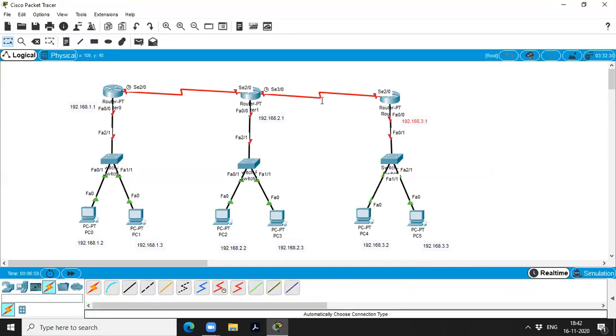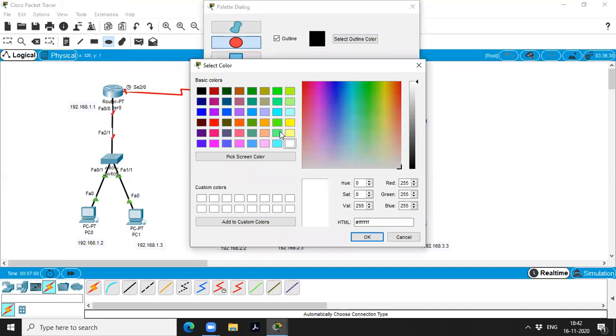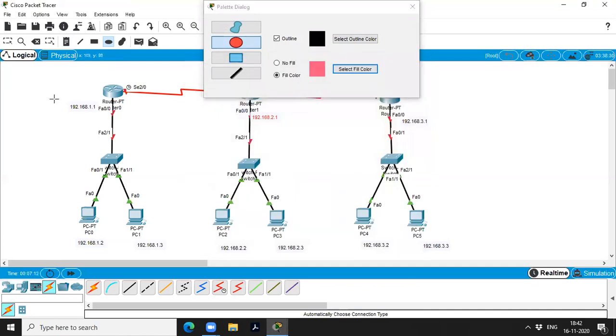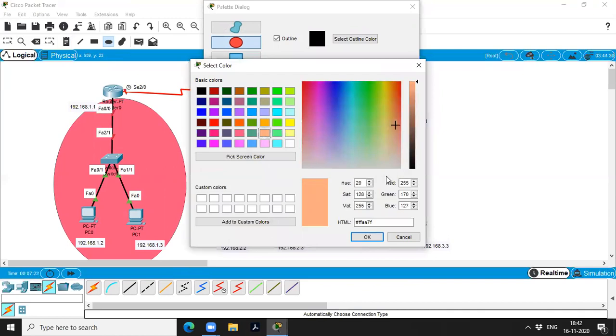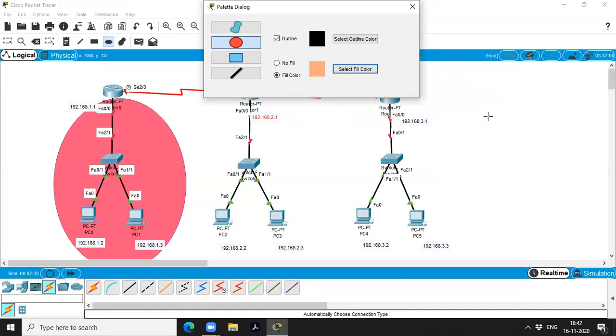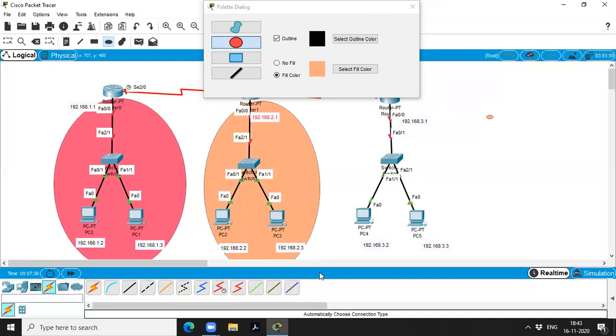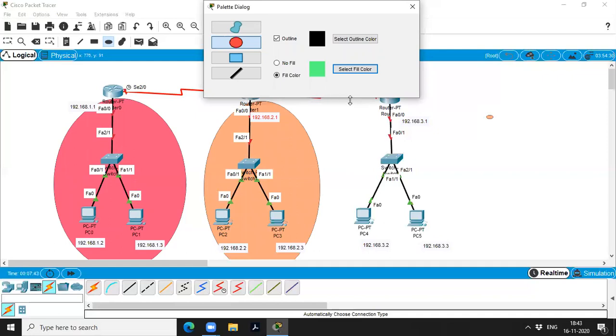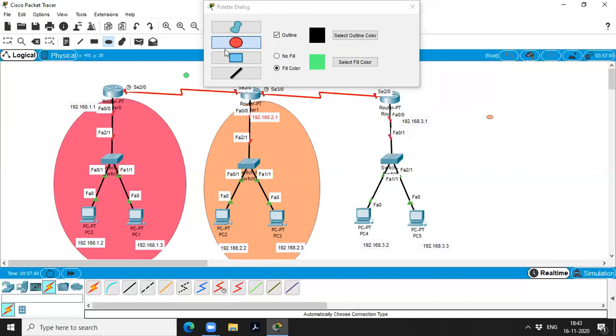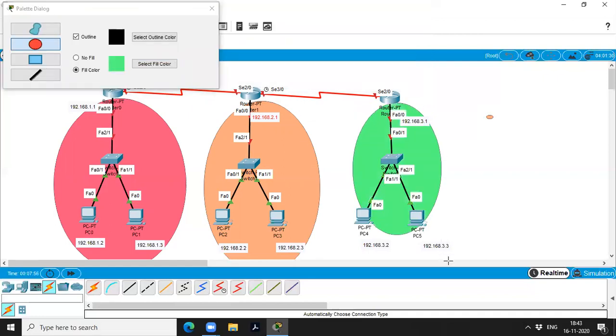So I have three different networks. If you see here, this port is one series network, this port is two series, and this port is three series.